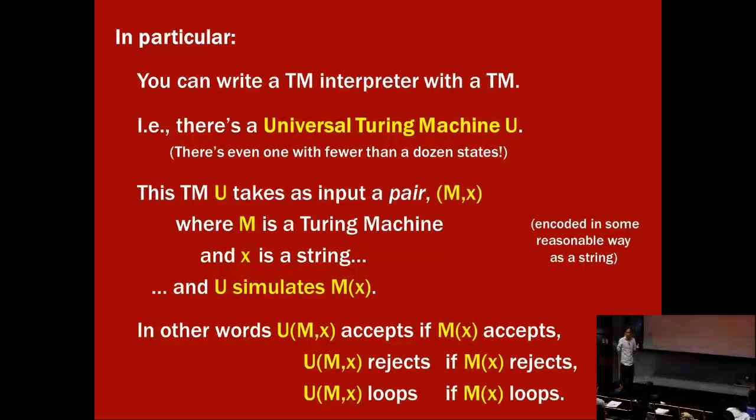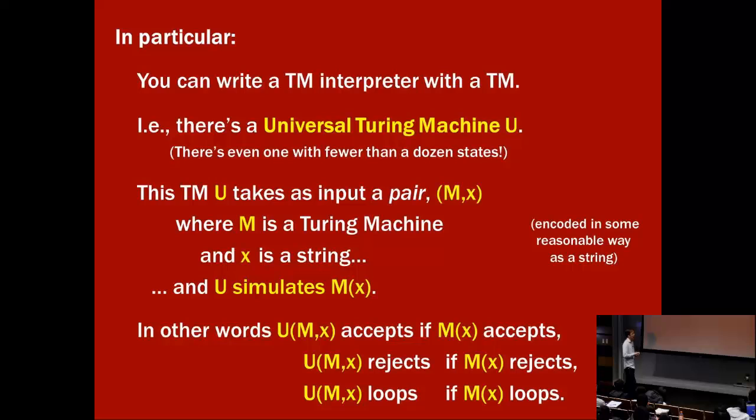And then you could write another Turing machine called U. That's called a universal Turing machine, which takes as input the description of a Turing machine and an input string and simulates that Turing machine on that input. You can even, in the literature, see how to do it with some simple machine with like 10 states. So just to repeat, a universal Turing machine is a Turing machine or an algorithm that takes as